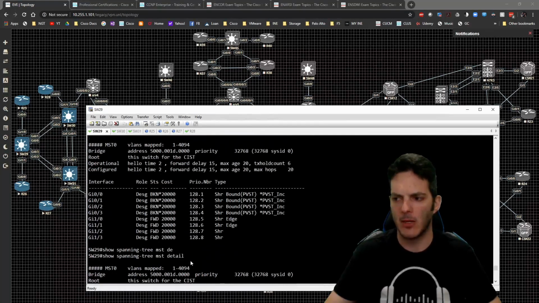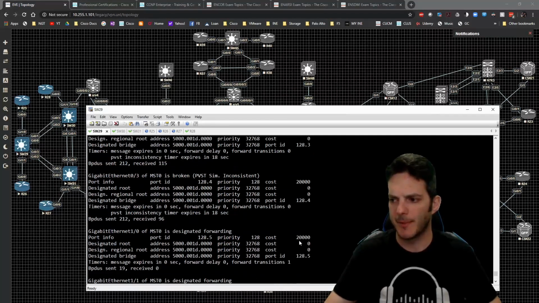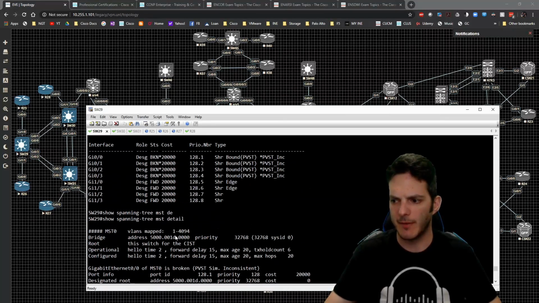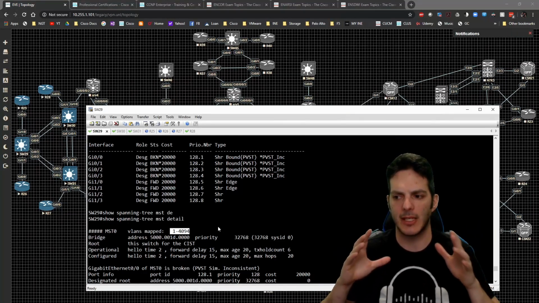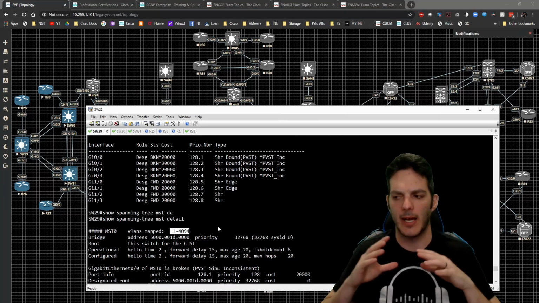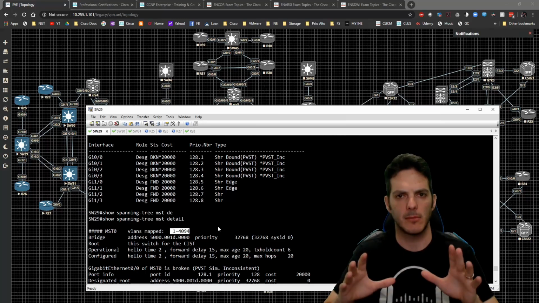But the main thing we're looking at is that we see VLANs mapped as 1 through 4094, so we're saying all VLANs belong to this instance. So in a situation like that, we have a bunch of information being sent out, but it's only one